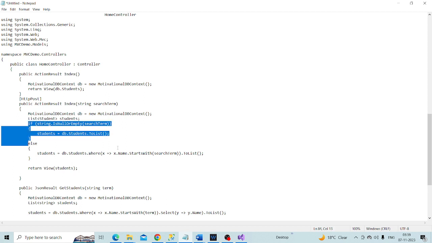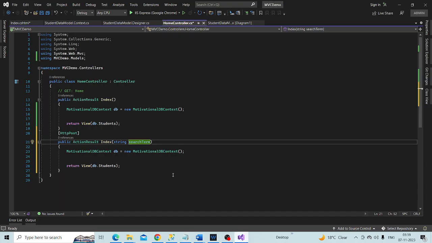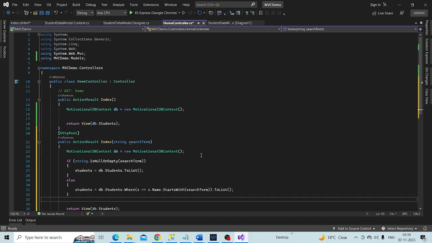Copy this whole code and paste it here. So if string dot is null or empty, then let's say we want to retrieve all of the students and then display them within